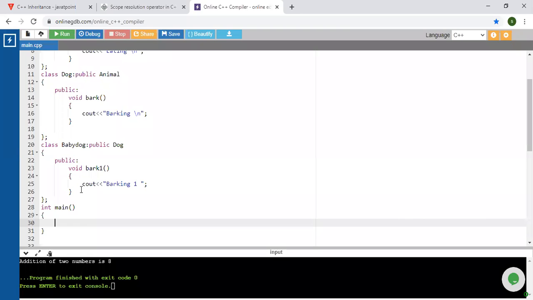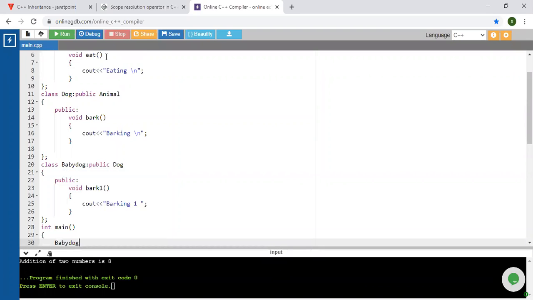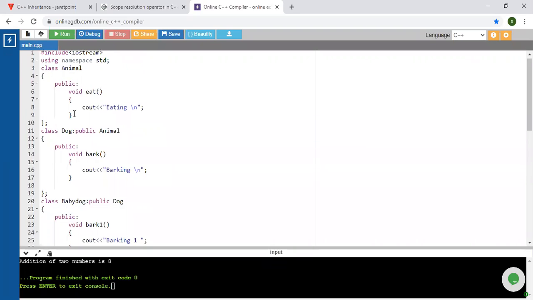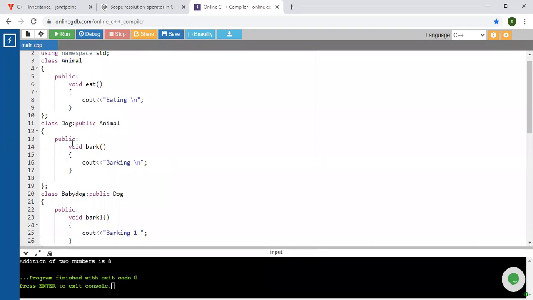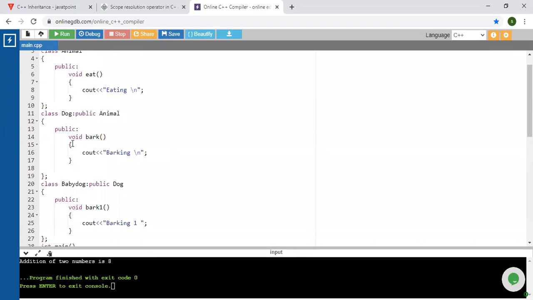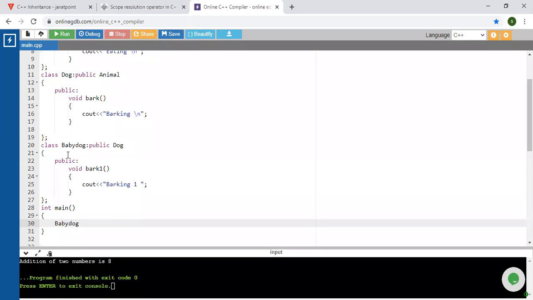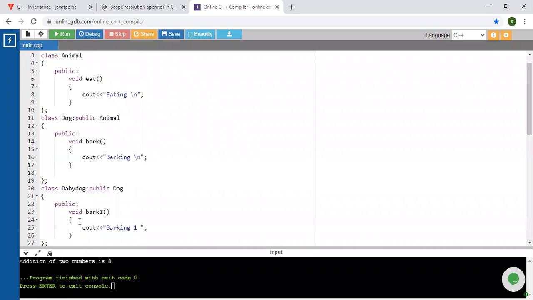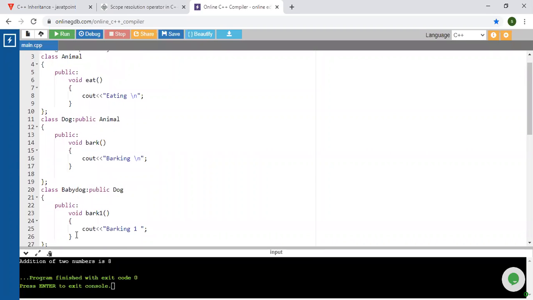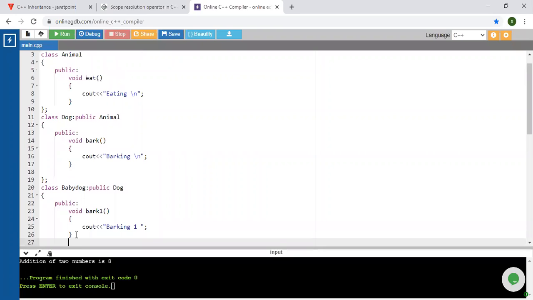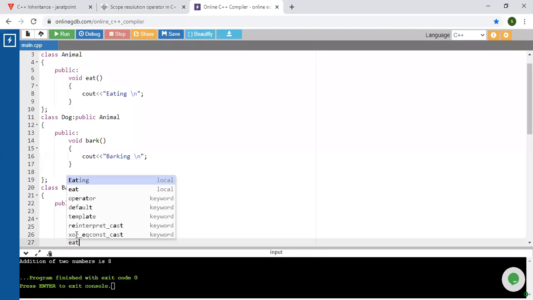Yes, we are going to create the object for baby dog, because class animal is inherited inside class dog. Then this class dog is inherited by baby dog. Means what? Inside this baby dog, which methods will be available by default? The eat method is available by default.